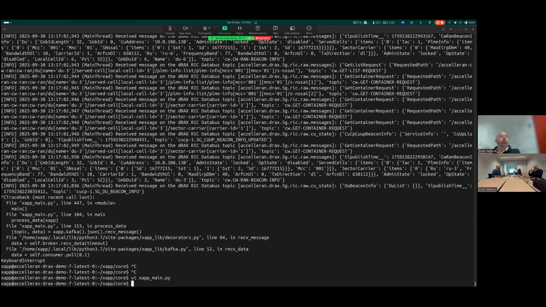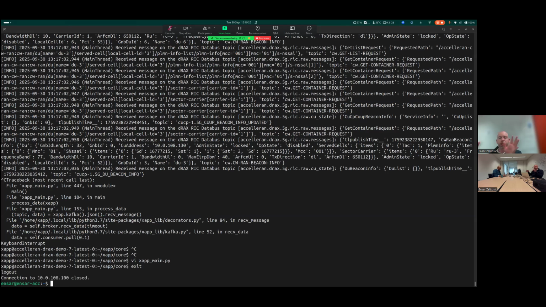Some people prefer to have a complete IDE available to them in order to do programming. So I will show you one of the integrations that we have with, for example, VS Code, a popular IDE, that you can utilize to gain an IDE-like workflow for developing these xApps, right? So how does that work?